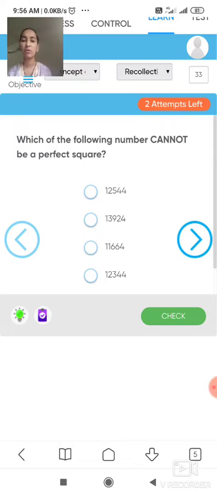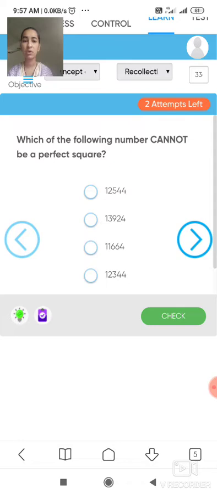For finding a perfect square, we are using the prime factorization method or the division method. In that, if we get pairs of prime numbers, those are the factors of these options. First find the factors, and if all factors are grouped into pairs, then it is a perfect square. If any number remains unpaired, then that number is not a perfect square. Understand how to find this?